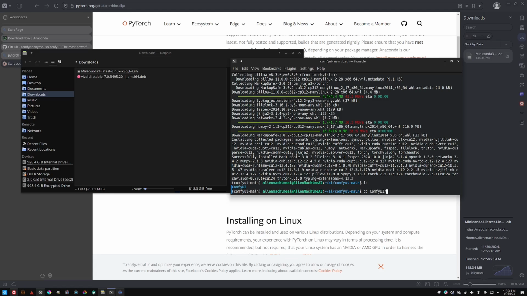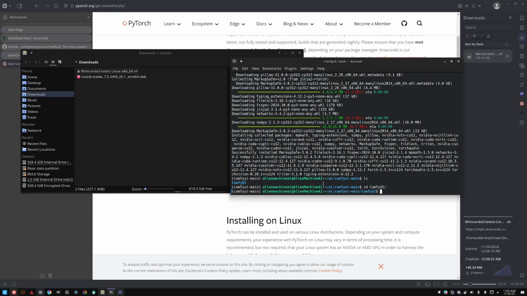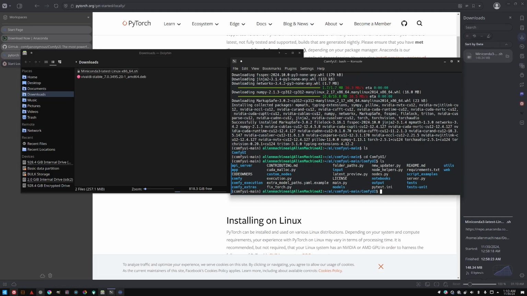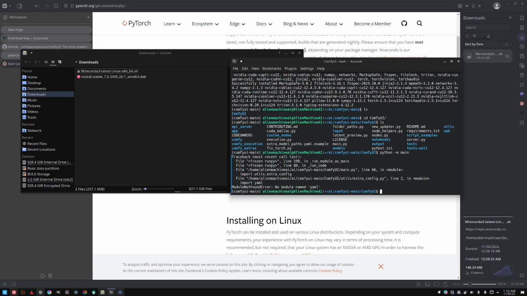We want to make sure, once again, verify you're in your Conda environment. Go into the main Comfy directory. The file you want to run today is the main.py file each time to start Comfy. So if you just restarted your computer, all you do is open terminal, type conda activate, the name of your environment, go to the ComfyUI directory and type python -m main with no extension, and we'll see what modules are missing,